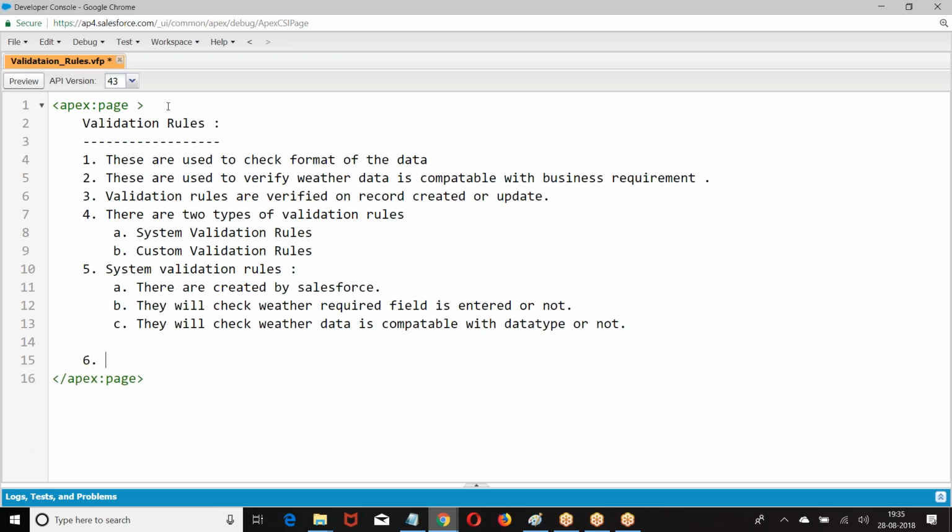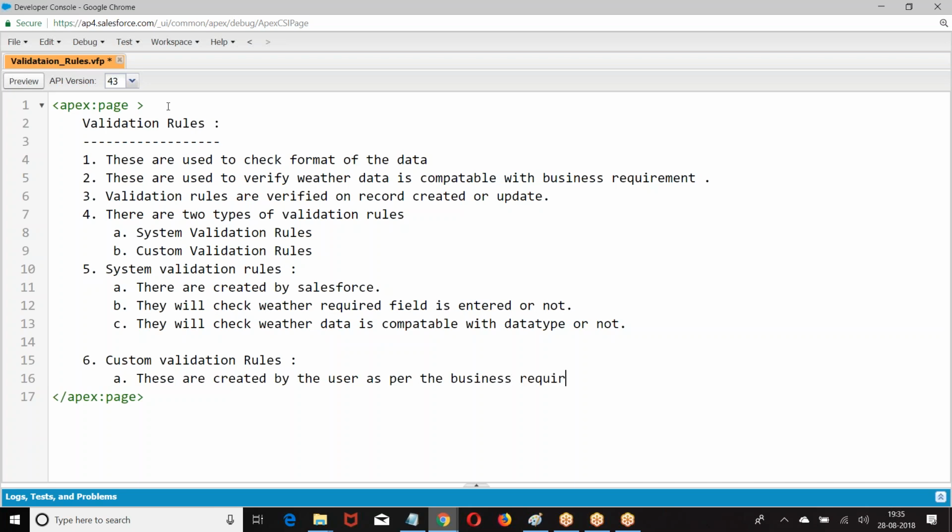Now, custom validation rules. These are created by the user as per the business requirement.